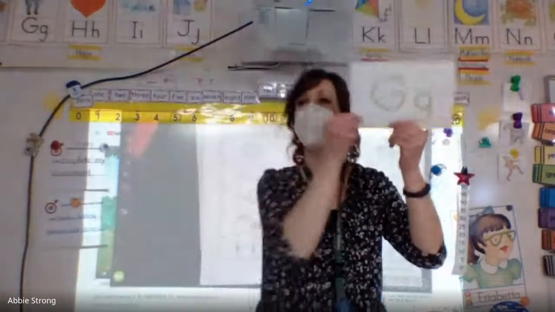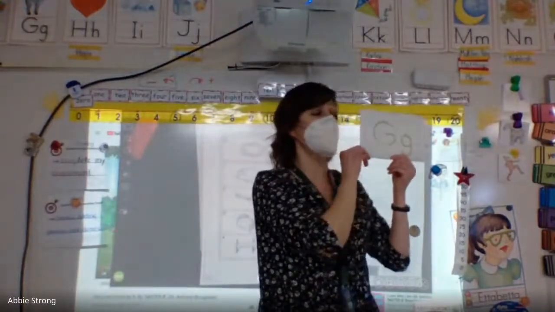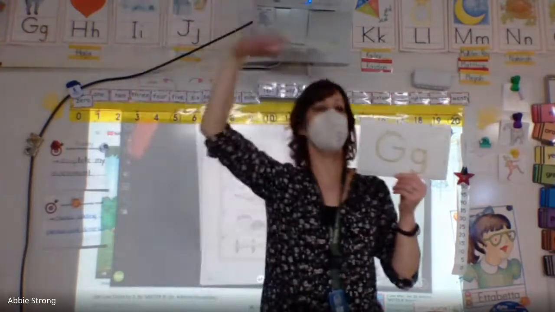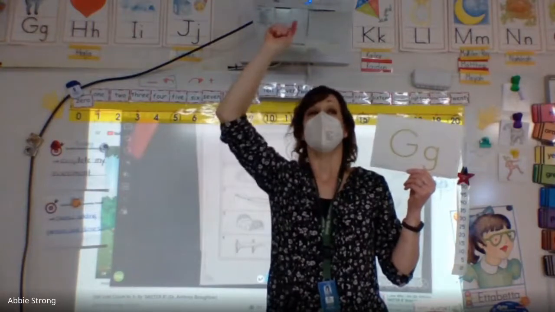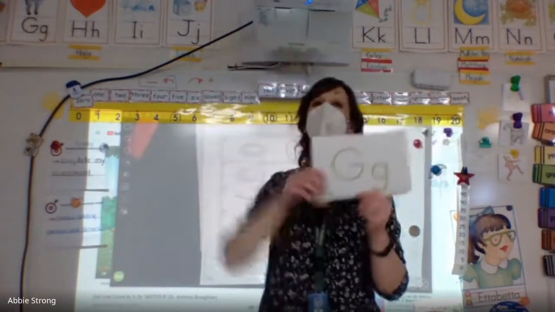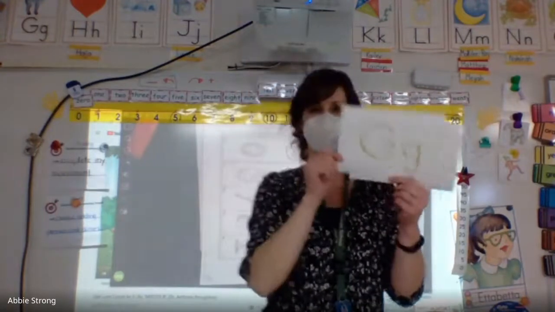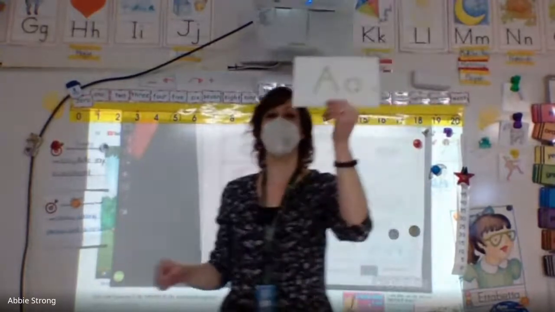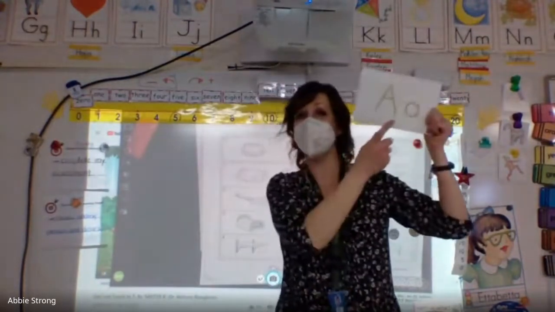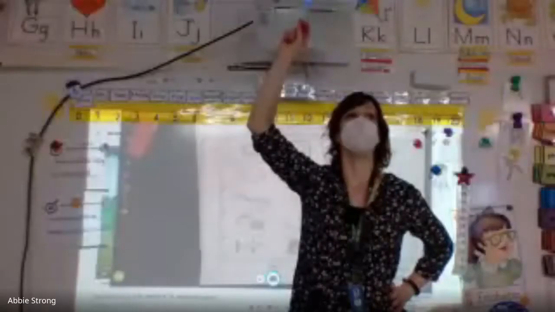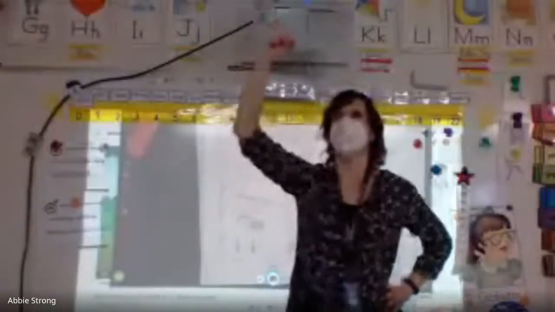Here's this one. Say it with me. The letter G says g. What's a word? Don't say golly. We've said that a lot. Addison, thanks for raising your hand. Goat. Good. Everybody give me your best goat sound on 3. Ready? 1, 2, 3. There you go. And the last one. Ready? The letter A says a. Peyton. Elf. Good. Our friend Elf.